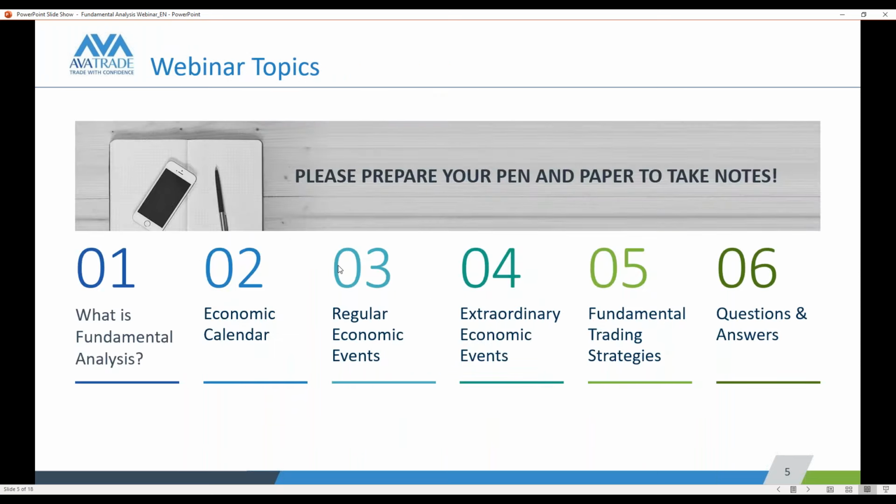Okay, so what is fundamental analysis? We'll just spend a minute on these basics. Fundamental analysis is basically the news, what's happening around the world, and taking a look at how you think that fundamental news might affect particular assets on the market, and then hopefully using that to your advantage to have better profitability in the long run or even in the short term as you move forward with your trades.